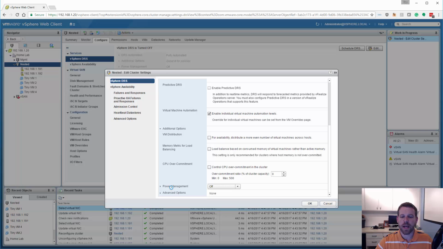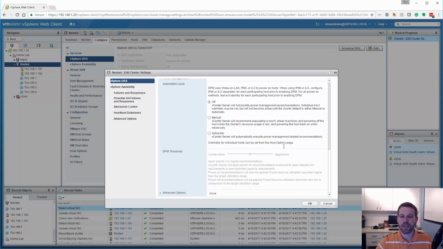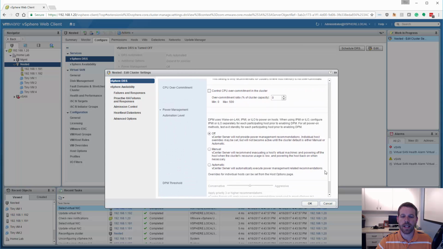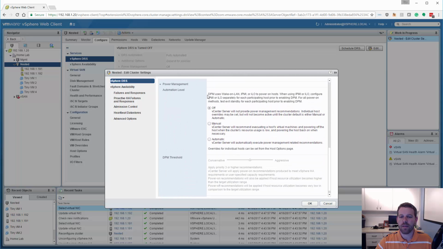Another option down here is power management, previously known as distributed power management. Now it's under DRS. And what DPM is going to do is go ahead and power down ESX hosts that are not needed. So if you have a large number of hosts, or if you're constantly scaling up and down VMs, depending what you set here, if your servers have an IPMI interface, or iLO if it's an HPE server,